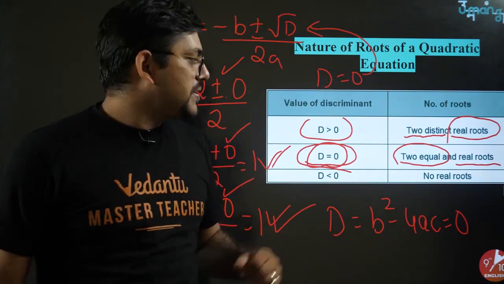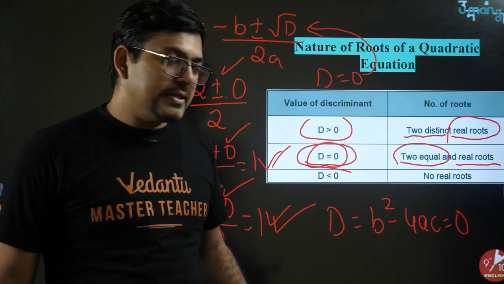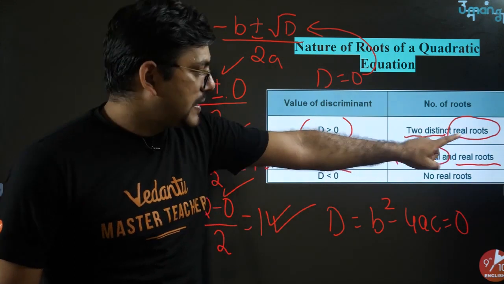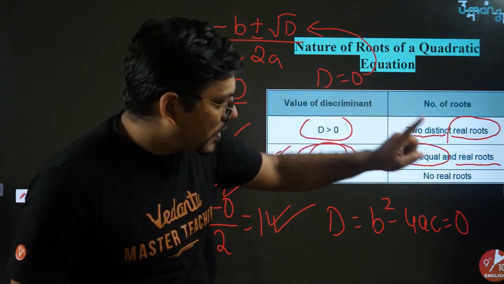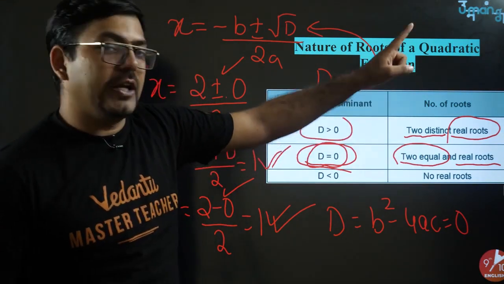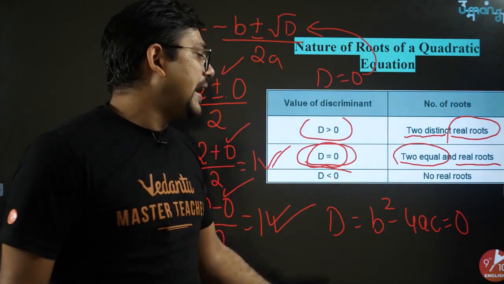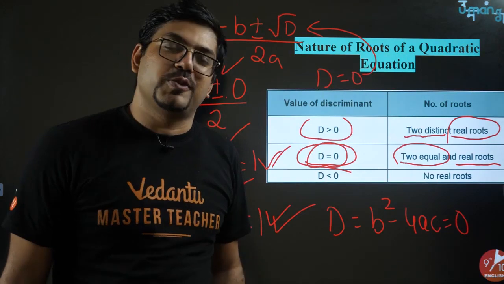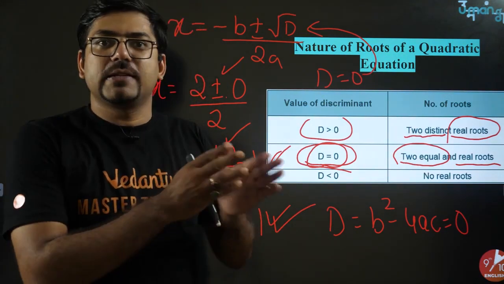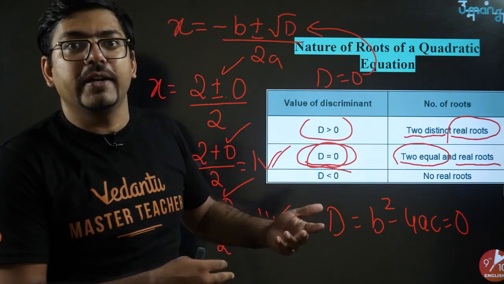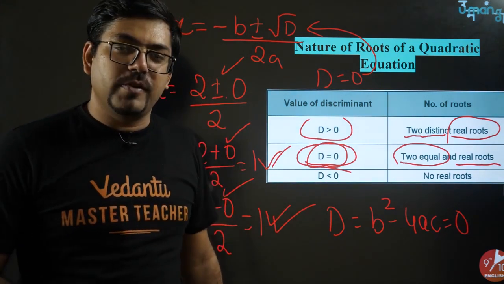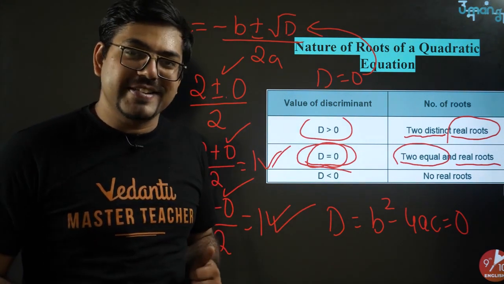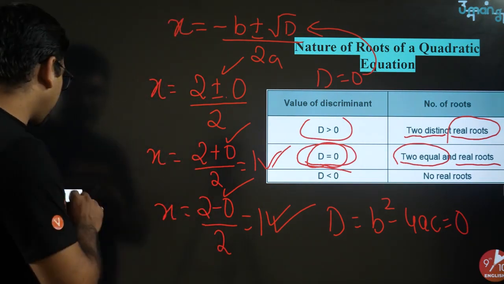And that is why we say d greater than 0 means roots will be real, but they would be unequal, distinct. But in case of d equals to 0, roots will be real here also, but they would be equal. Fine? And in d less than 0, obviously it's not going to be equal. So these are the bifurcations, and these are the reasons behind it. Okay? So based on that, we will be solving some questions so that you can understand it better. Let's move on. Here we go.